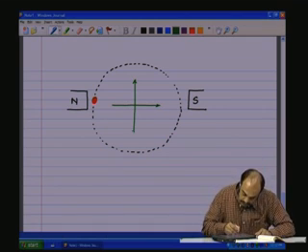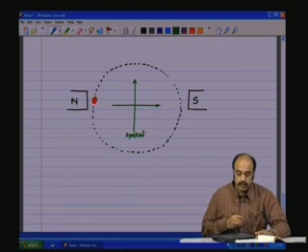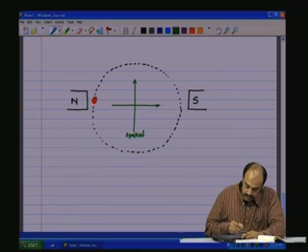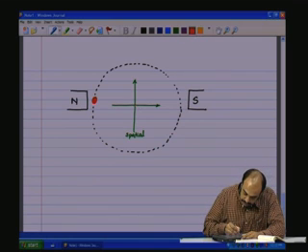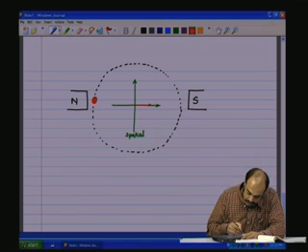This is a spatial coordinate system. So, when the conductor is in this position, the flux is at max,